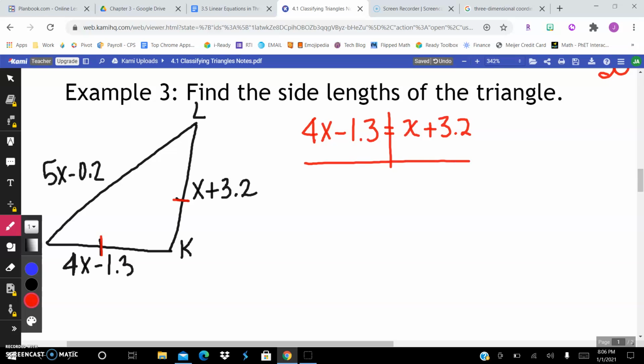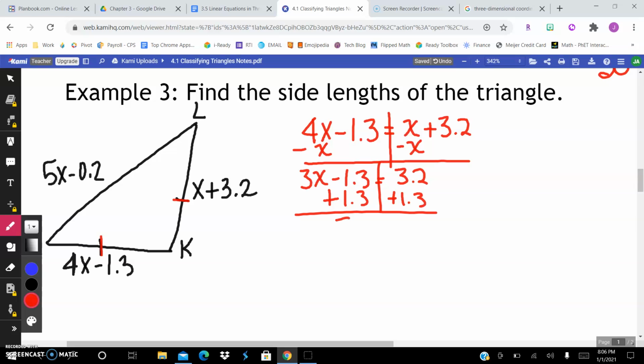Remember, when we have variables on both sides, we want to move the smaller one. So I'm going to subtract x from both sides. So I have 3x minus 1.3 is equal to 3.2. And then I'm going to add this 1.3. So I have 3x equals 4.5. And then I have to divide both sides by 3. And 4.5 divided by 3 is 1.5. So now I know what x is,